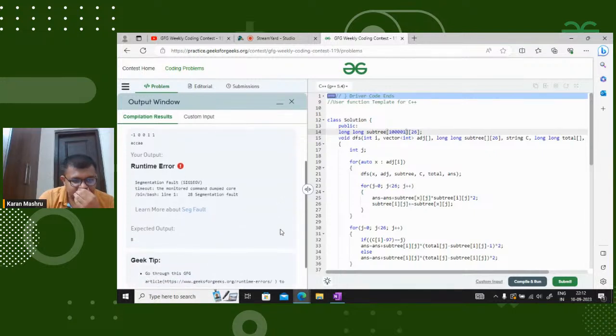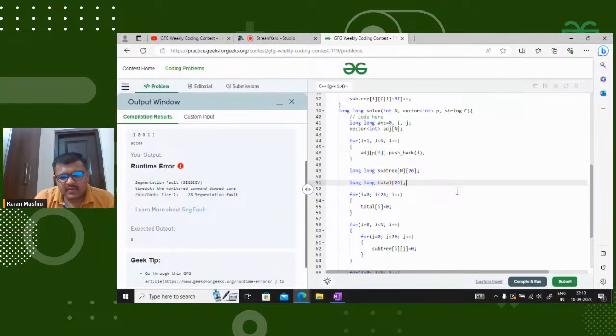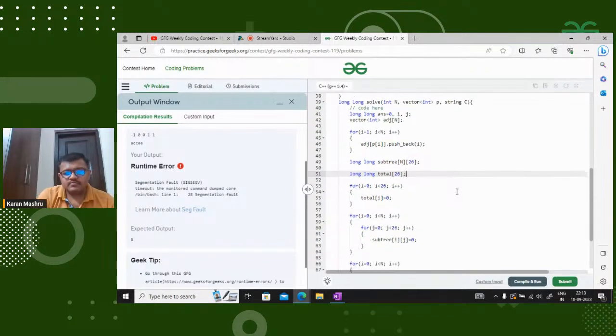So we are getting a segmentation error, right? Because we cannot declare an array of this much size, so we need to optimize it. So if we think of optimizing it, then it would be,